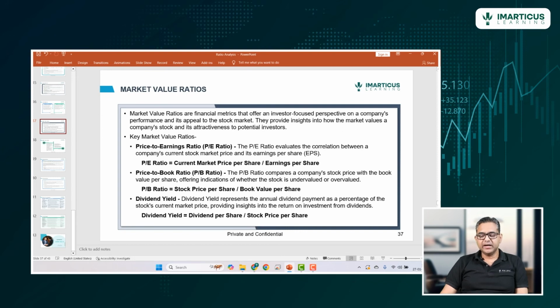Next we have is the dividend yield. It represents the annual dividend payment as a percentage of the stock's current market price, providing insights into the return on investments from dividends. So what is the dividend the company is paying per share value? Let's say TCS is paying 5 rupees dividend and the stock price of TCS